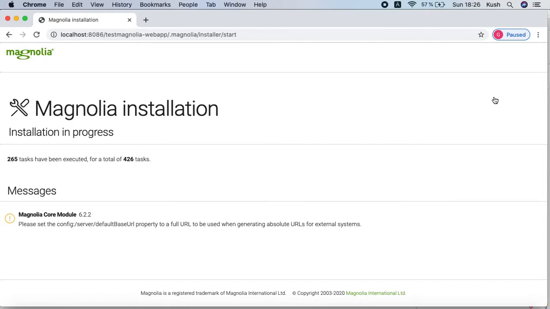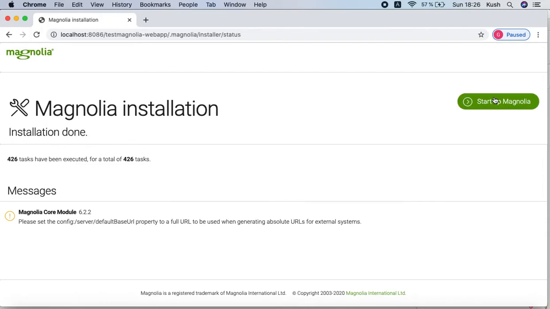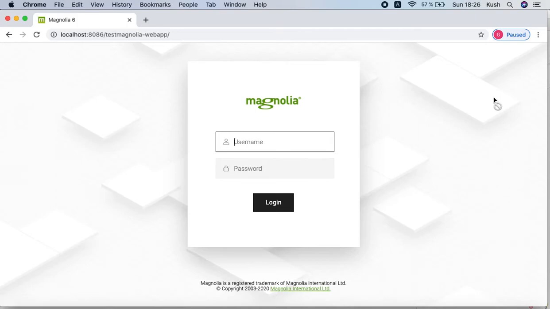Now it is completed, and I will start up Magnolia, and after this I will get the login page. We will use the same user credential, superuser, to log in. And then I will show you where we can change it.